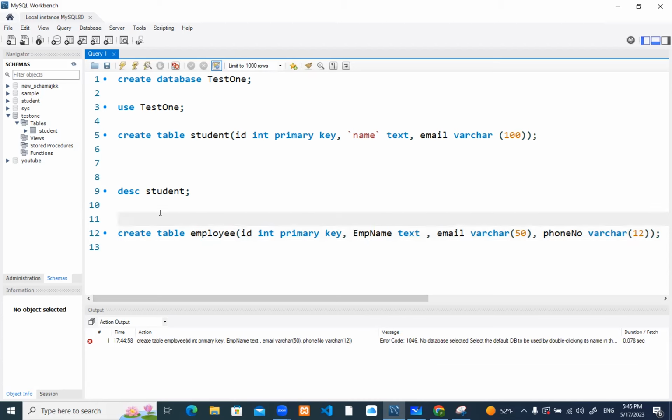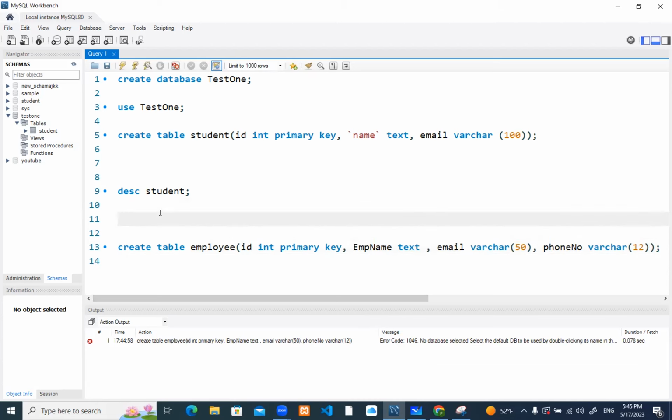For that, let's select a database. On top of that, come and utilize the use command. Use on which database you want to create. So I will create on test1. I will first execute this, use test1. So the database is selected. Now I will click on the end of line number 13,